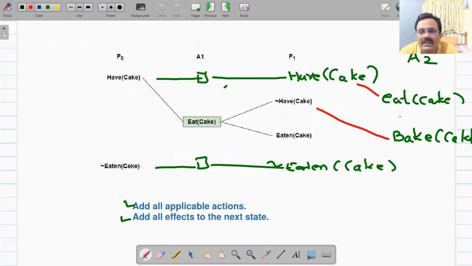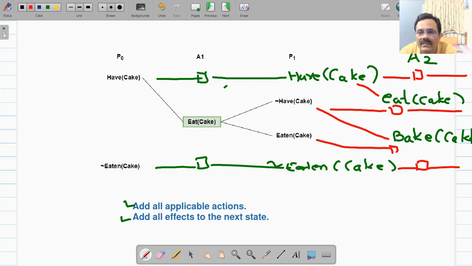Now you will be adding persistent links also, so that these propositions will be available afterwards also. So we will have this not eaten cake available and eaten cake also available afterwards, not have cake.